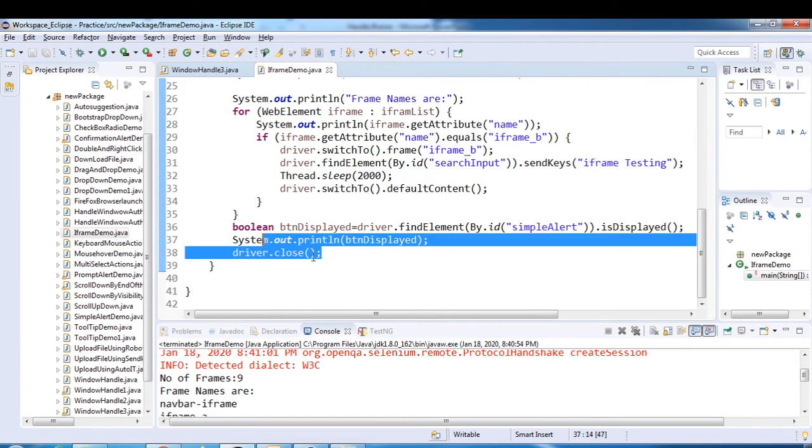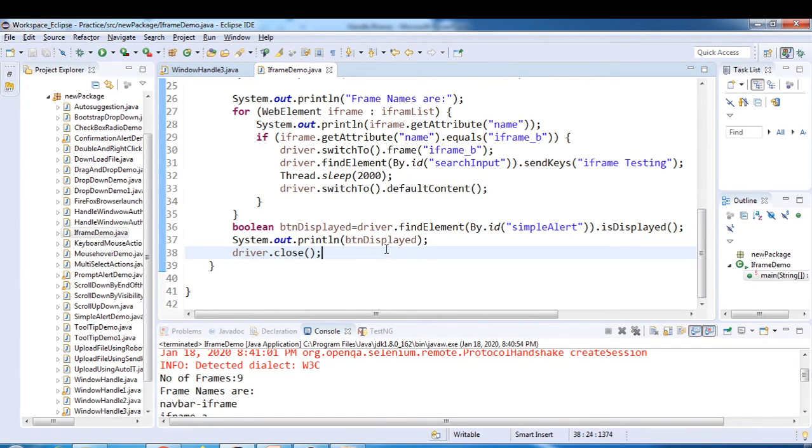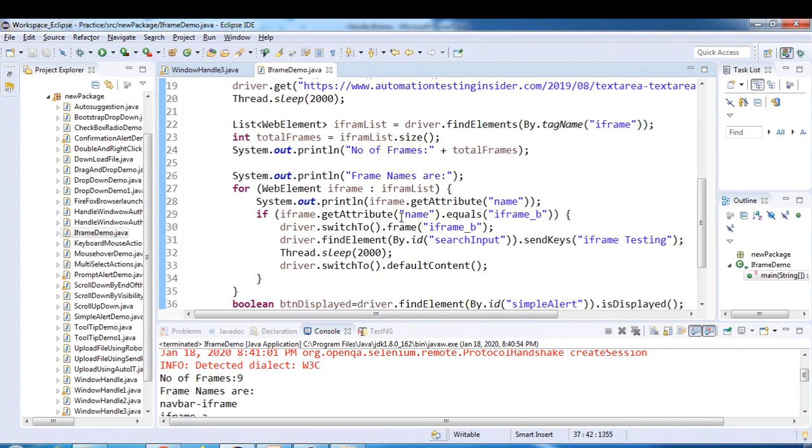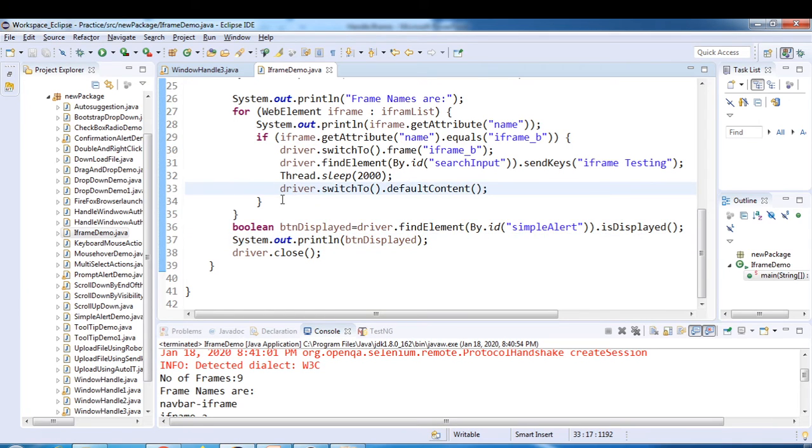parent web page, or the main page, we performed this operation, whether that button is displayed or not. So that gives result true. So let me just show you what happens without coming back from the parent frame. If we comment this line, then what will happen? It should give some no such element or stale element exception,